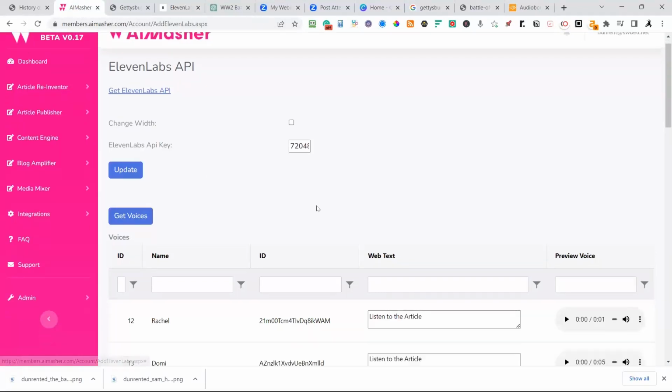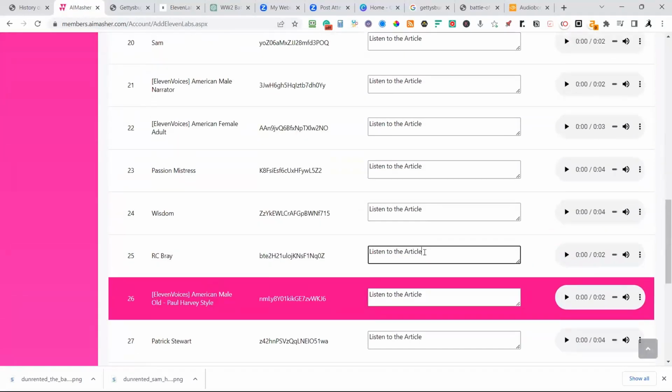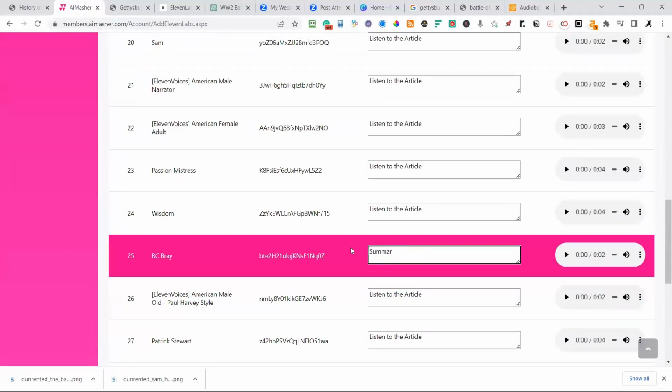What we have determined is Wayne and I will say in the description, remember when we came back over here to the integrations? Listen to summarized in the voice of R.C. Bray. So that's what we're using with ours. We're not saying it's R.C. Bray reading it. We're just saying it's the voice of, or you could put in the voice similar